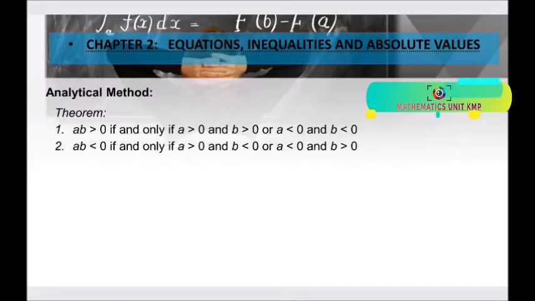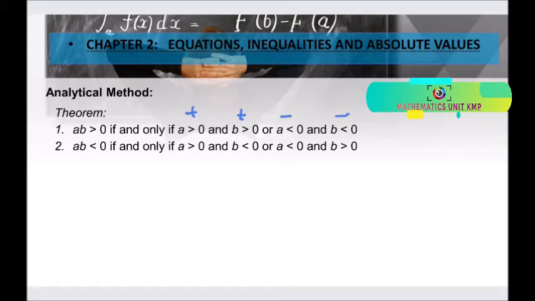So there are two theorems here. If A multiplied by B is greater than 0, or positive, if and only if A is greater than 0 (positive) and B is greater than 0 (positive), or A is less than 0 (negative) and B is less than 0 (negative). So positive multiplied with positive, you will get a positive value, or negative multiplied with negative, you will